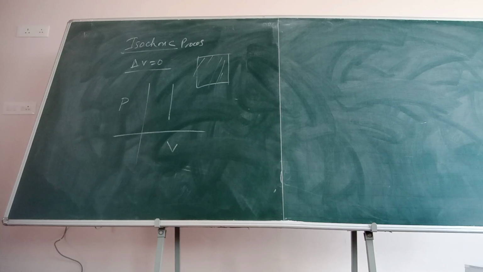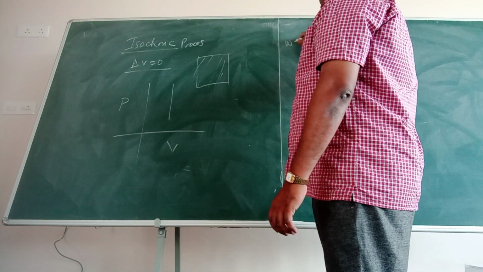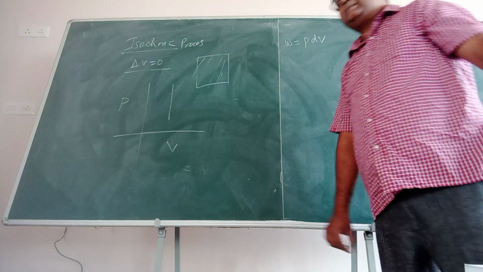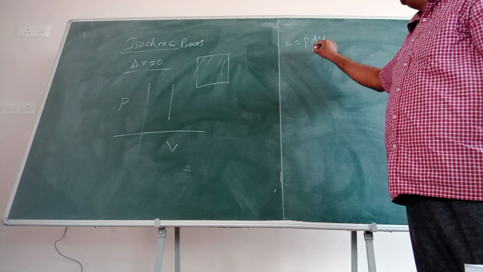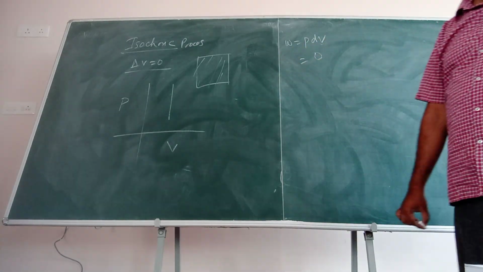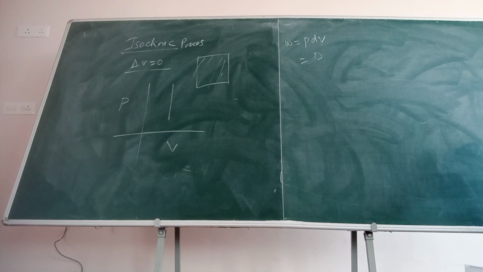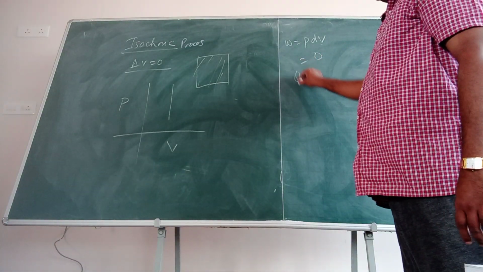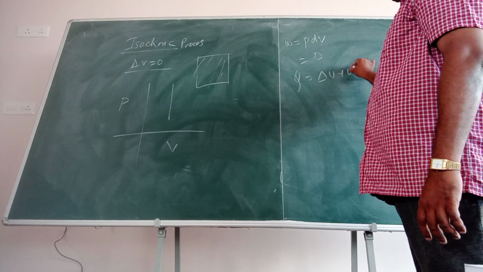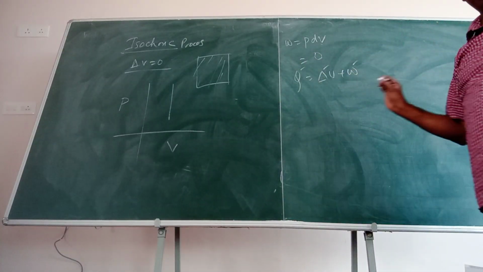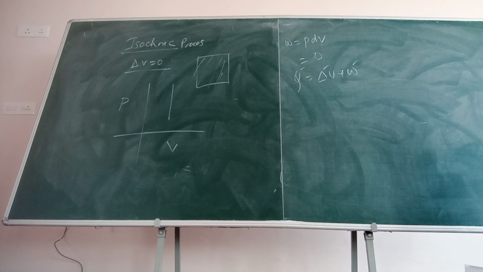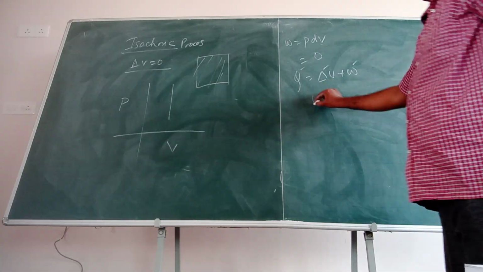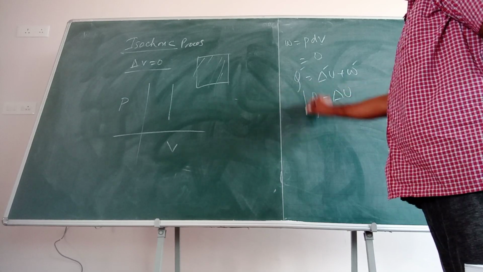Alright. So we have to find the work done. Work done is equal to P into delta V. But it is a constant volume case, so dV is equal to 0. So work done is equal to 0. Work done is equal to 0, then what are we doing? Now apply the first law of thermodynamics. I told you we are interested in knowing all these three values in a thermodynamic process. We are not just interested in the W value, we are interested in the Q value and delta U value. If W is equal to 0, Q becomes equal to delta U.